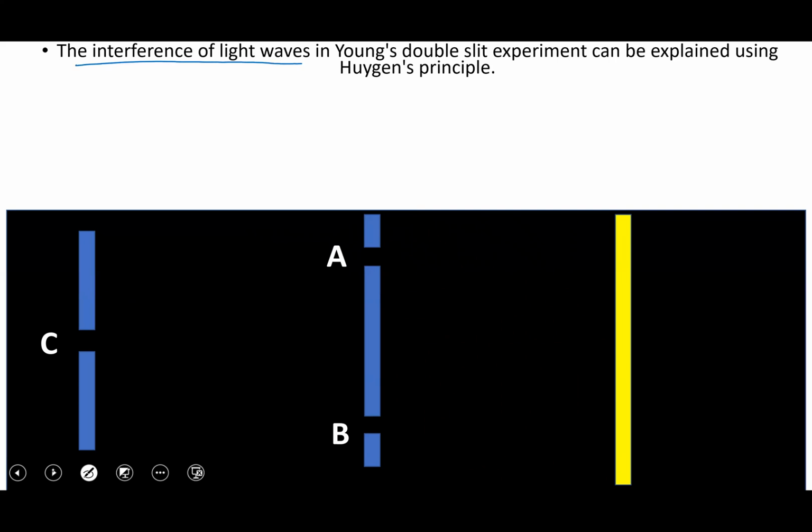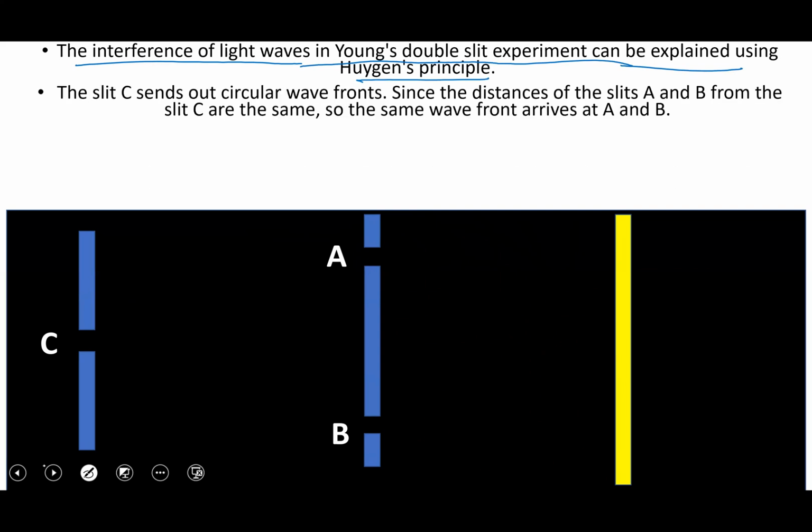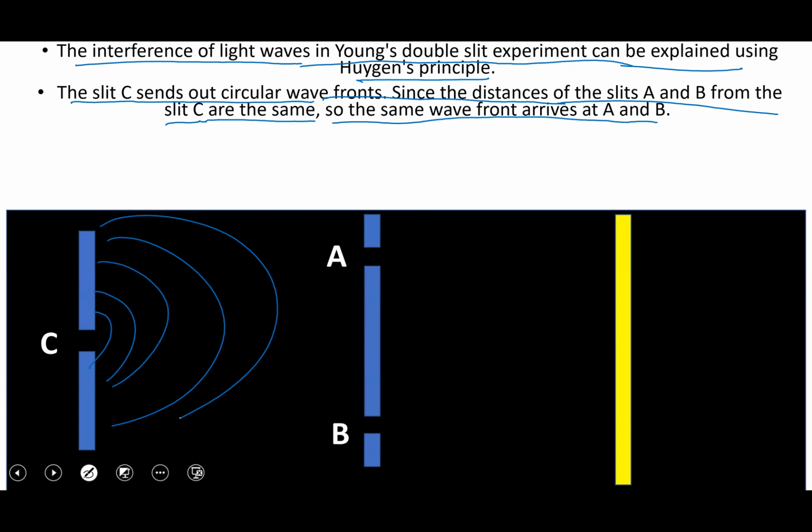What is the scenario? The interference of light waves in Young's double slit experiment can be explained by using Huygens principle. In that case, the slit C sends out a circular wavefront, and since the distances of the slits A and B from the slit C are the same, the same wavefront arrives at A and B. Now, we will understand through animation how the wavefront of one wave travels and passes on to the secondary slits, from C to A and B